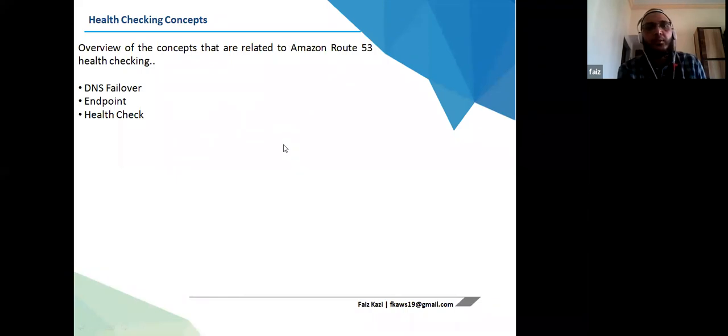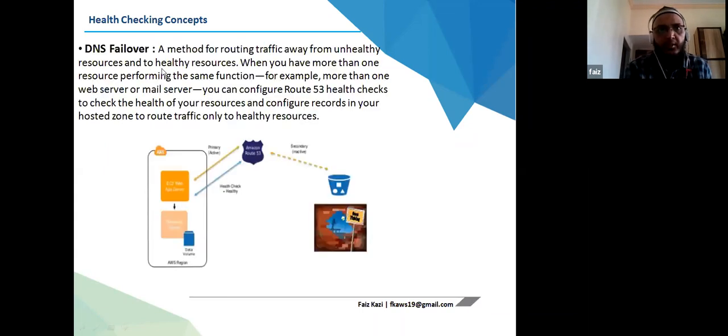So as we saw, there is one more benefit of using Route 53, which is the health check concept. It can have DNS failover. It checks health at the DNS and endpoint level. DNS failover is a method of routing traffic away from unhealthy resources to healthy resources.